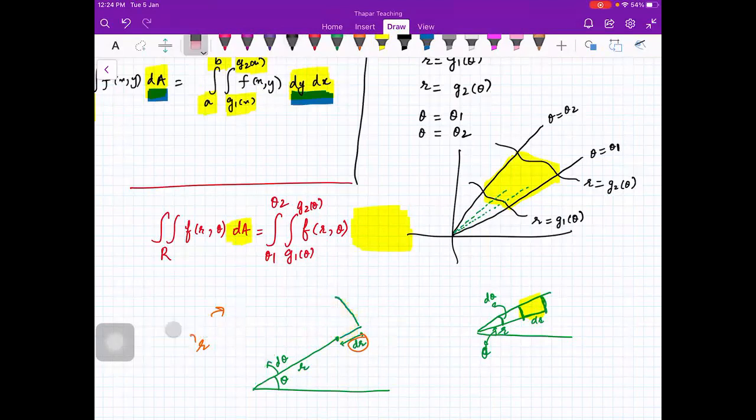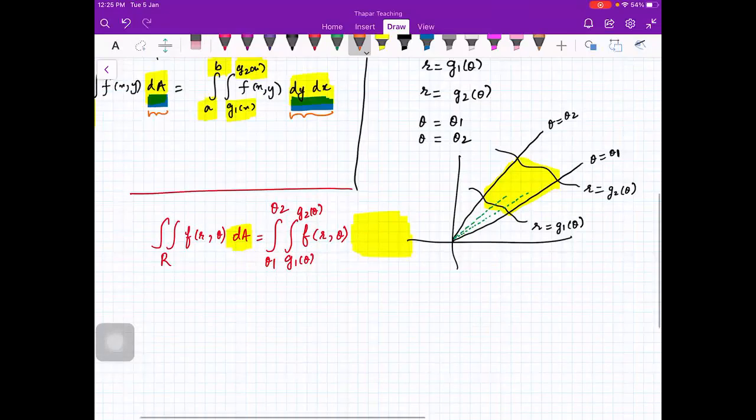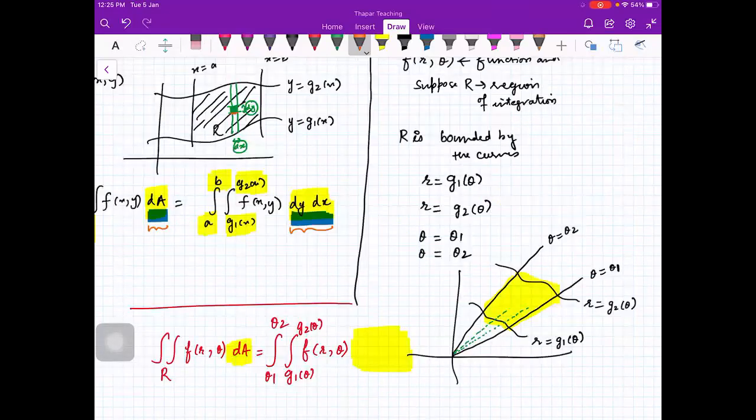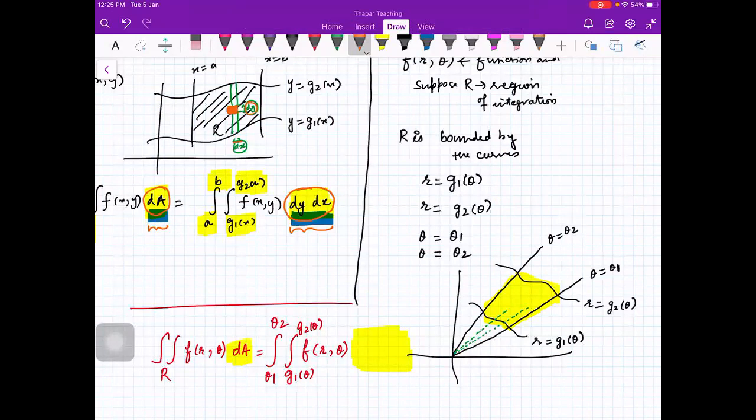Okay, so what I am saying is, in case of Cartesian coordinates, you have written dA equal to dx dy. Is this clear to everybody? Why have we done so? Because if you move a little in the direction of x, that is dx, and a little in the direction of y, that is dy, then because Cartesian coordinates are perpendicular, this is a rectangle and its area will be dx dy. That is why you have written dA equal to dy dx or dx dy. They are the same. Anybody having doubt in this? Please reply.